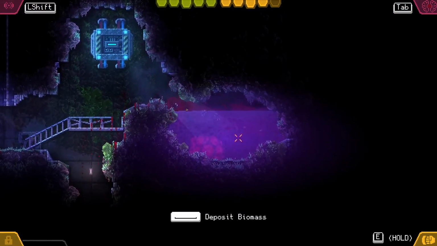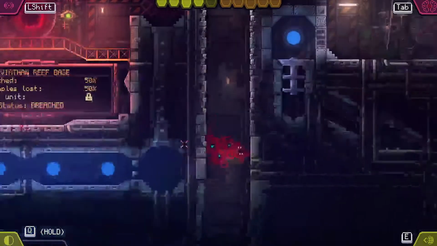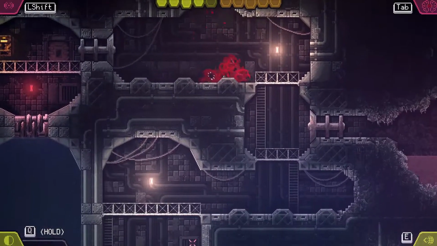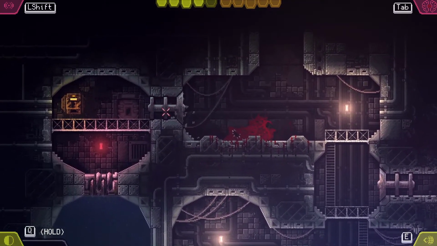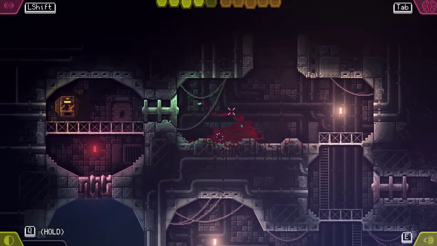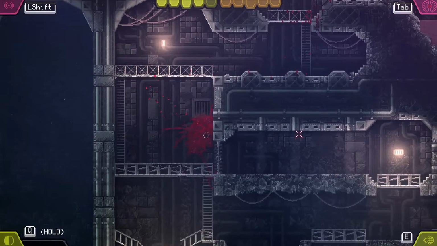Yeah, we're gonna deposit. We need to be small in order for me to be able to deal with that thing, and this is like the most frustrating thing, that you cannot move this or pull this thing away from there or here. So